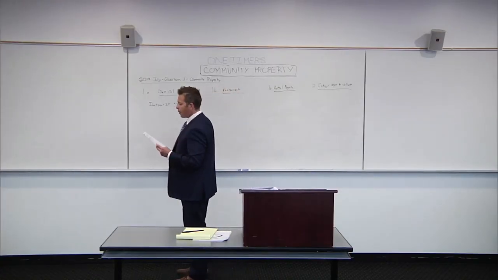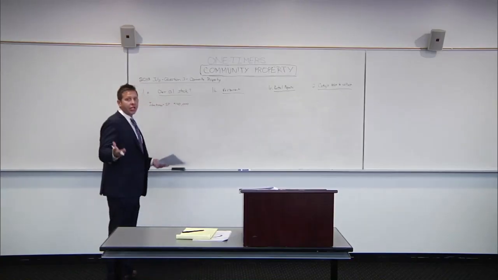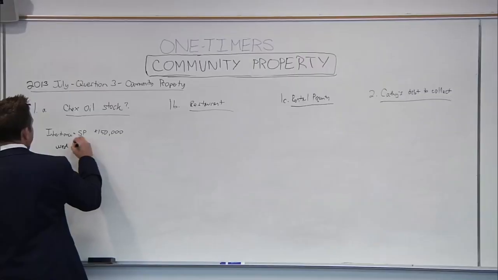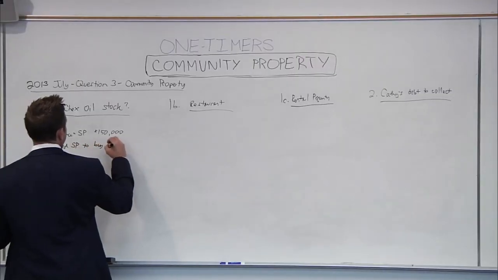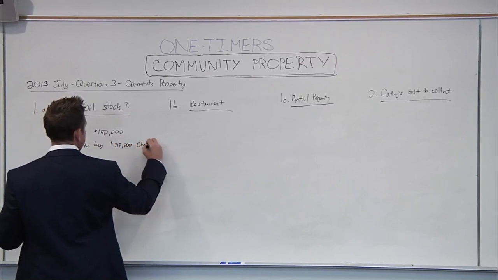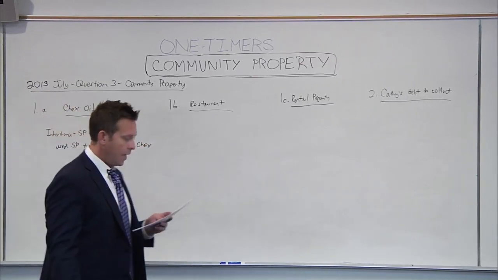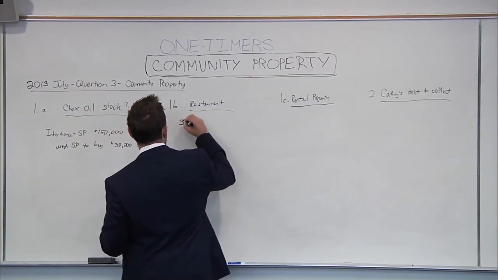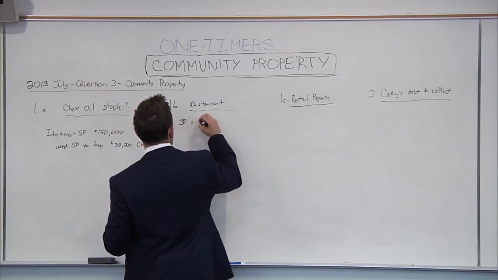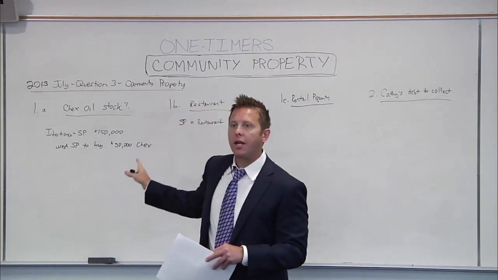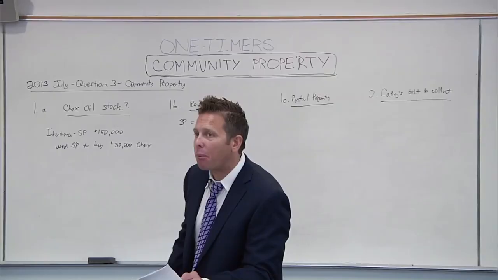When you use the money to purchase $50,000 worth of check oil stock, a change in form does not change the character of the asset. It's still separate property. So she used separate property to buy $50,000 of the checks. And a restaurant that cost $100,000. Okay, again, separate property, restaurant. Because she used her inheritance to buy the restaurant, and because it's now a separate property business,